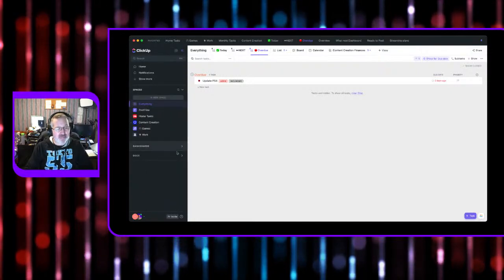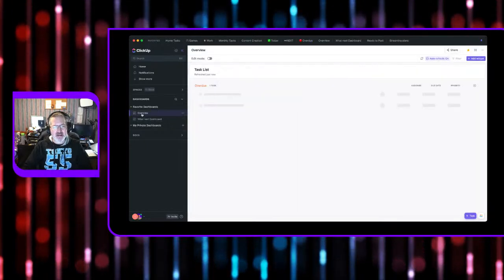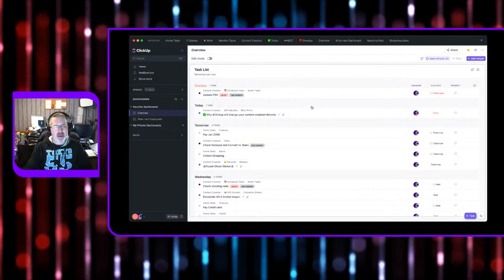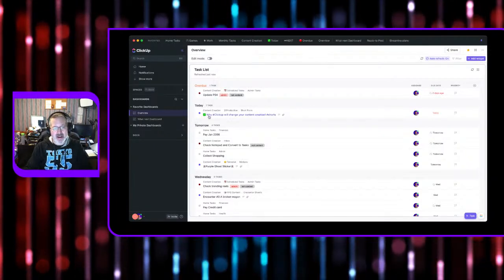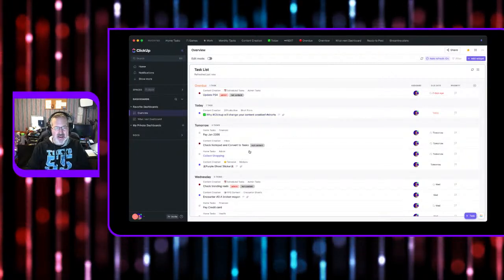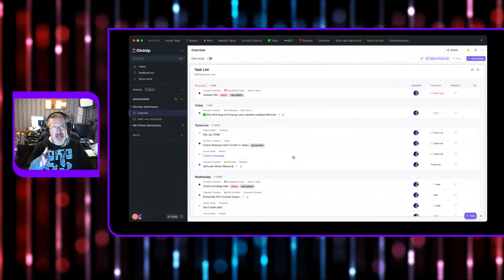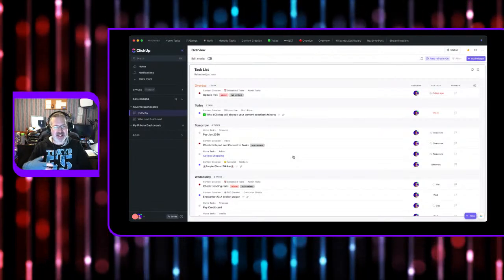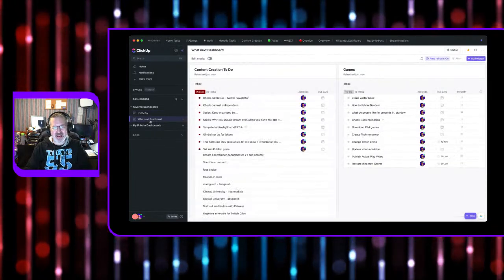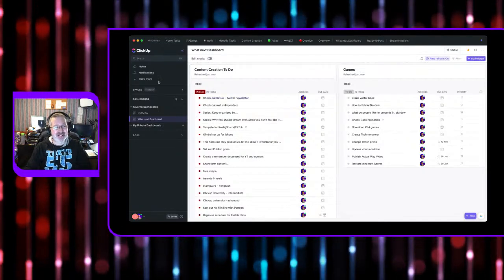Now, I do have a dashboard view here that actually allows me to see all my dates. So this is overdue, this is for today, and then all these have dates. So these are not tasks I need to do today. They're just sort of tasks. And I'm trying to set one up that is sort of like a what's next, but it's not working at the moment. It's not working at all.